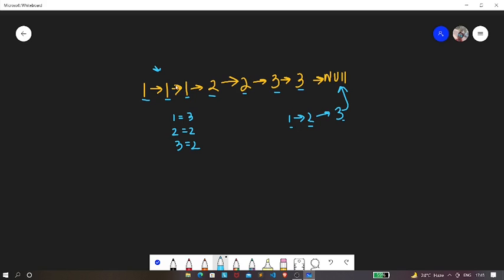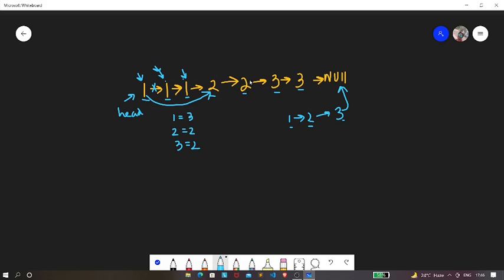So what we're going to do, we can either remove this one, right, or we can remove this one, or we can remove this one, right? So let's say that we remove these two ones, this one and this one, right? So if you remove these two ones, then currently this one is pointing to this one, right? So we need to make this one point to this two, right? And hence this one and this one will be deleted, right? These two ones will be deleted, as this is the head of the linked list, right?